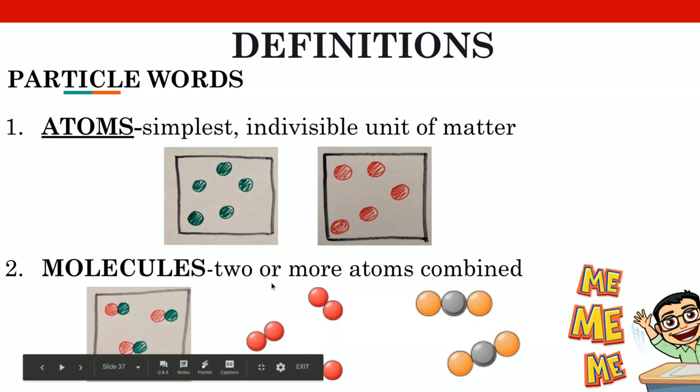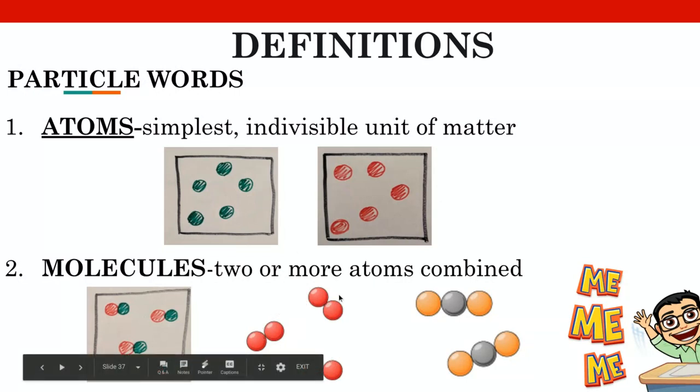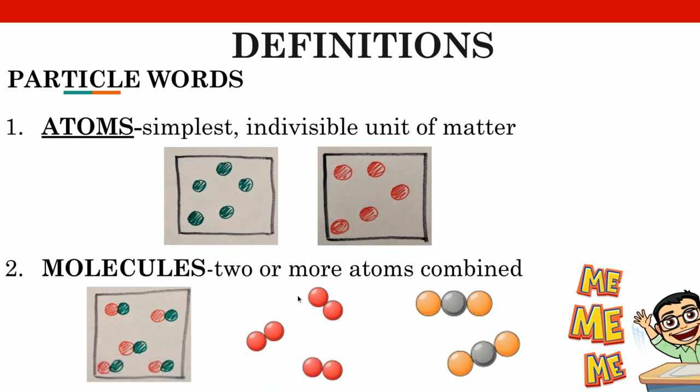So two or more atoms that are combined, we call that a molecule. If I have individual particles by themselves, not combined with anything else, we call them atoms. We're going to later see that these two red atoms combined together, we're going to call diatomic atoms or diatomic elements. Now, these are our particle words. Make sure you know this, and we'll talk about this in the future. Let's move on to